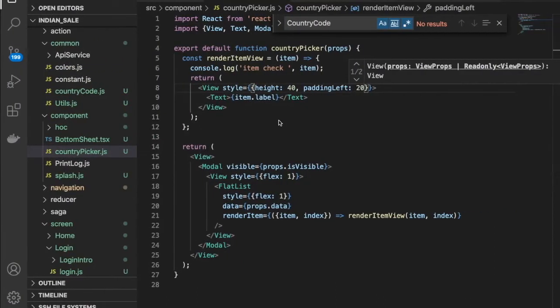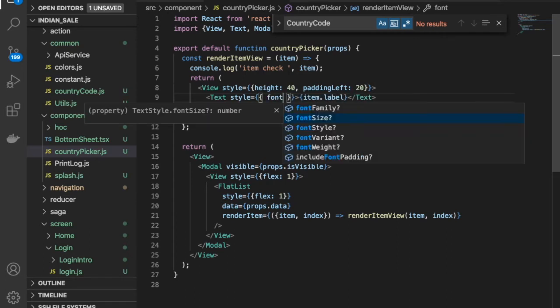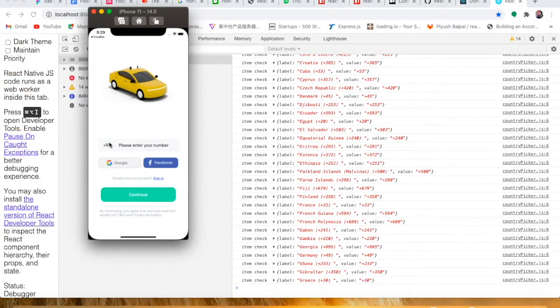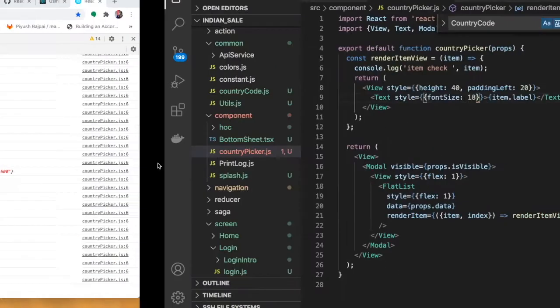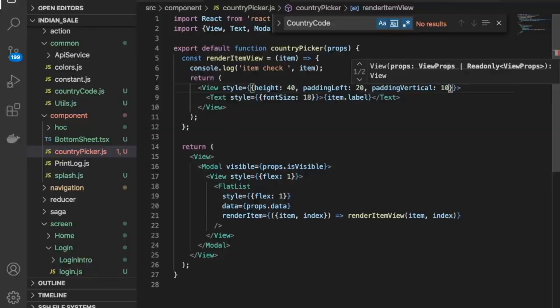Yes, not fine, but yes, it's okay. We have to provide the style, and let's say font size 18. You can see the differences, and let's say padding vertical 10.